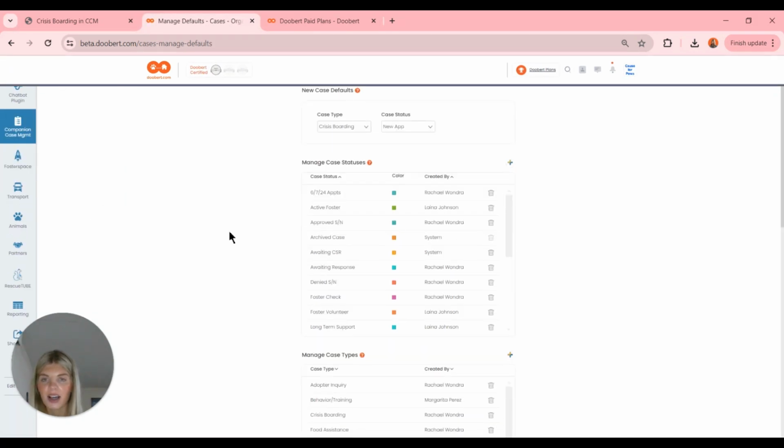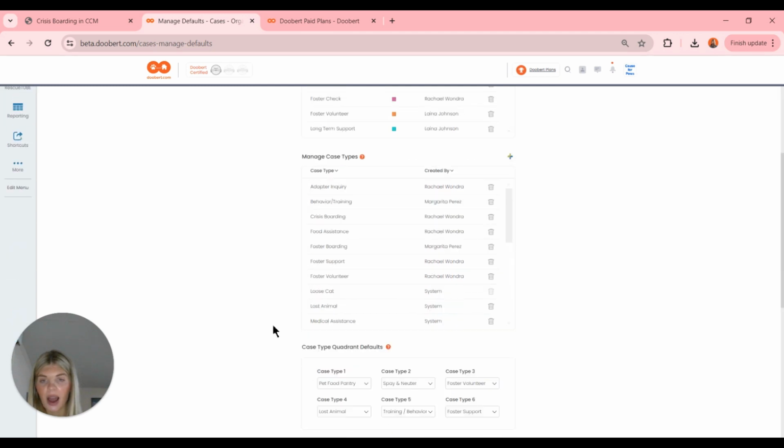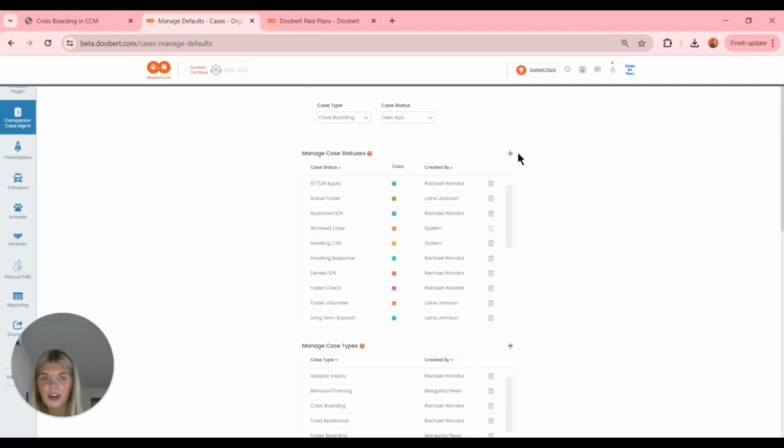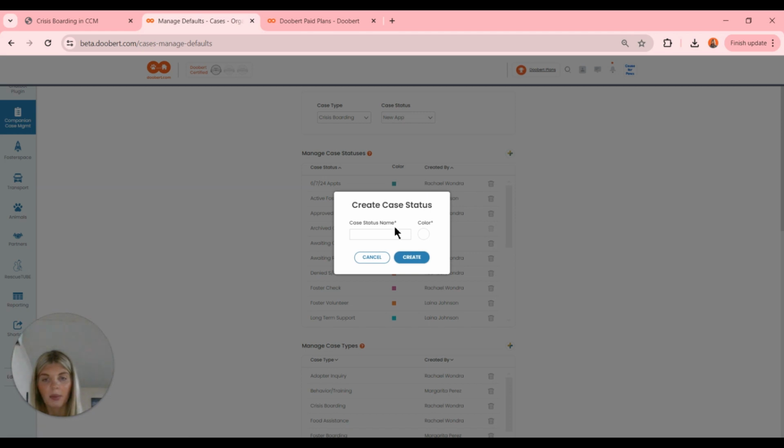And right here, we're going to see our Manage Case Statuses, and then we also have our Manage Case Types right here as well. So this is where we are going to be able to go in and set any of our case types and statuses that we want to be able to choose from when we're creating new cases. So, for example, if we want to add a status, we can just go ahead and click a plus sign,